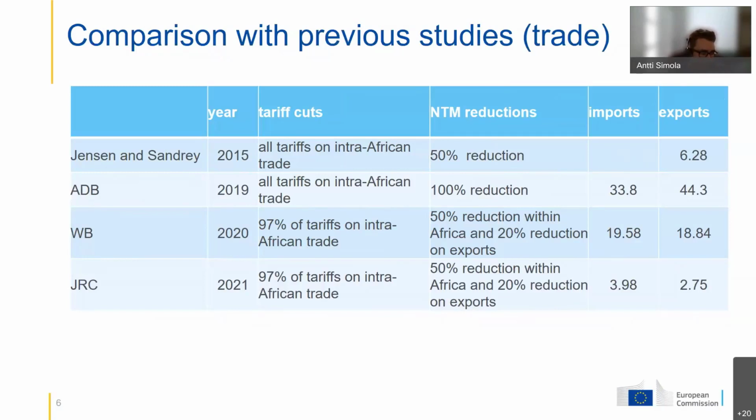One possible explanation for this discrepancy between our study and the previous studies is that our study is by far the most detailed on sectoral level, since we use an aggregation of 40 sectors and commodities. For example, the World Bank study that most closely resembles our study in other aspects has only 20 sectors in total. So some of the discrepancy can be explained by aggregation bias.